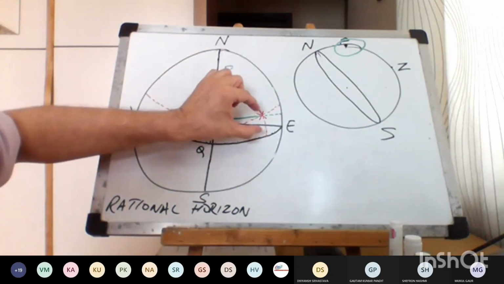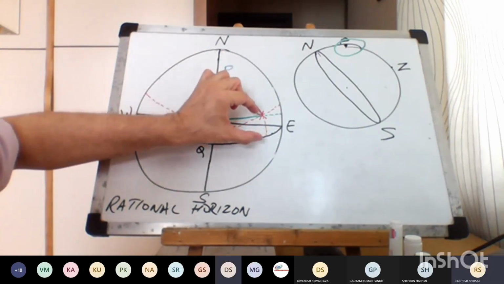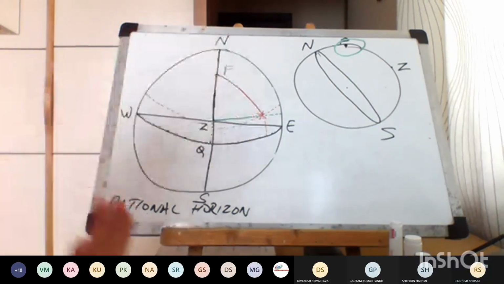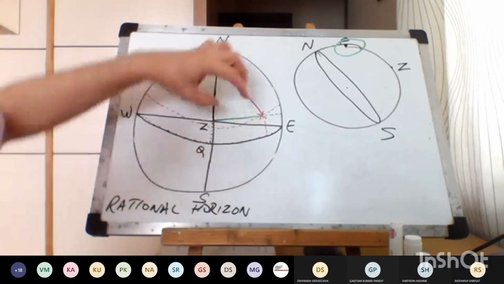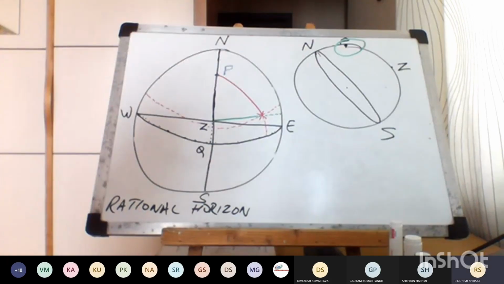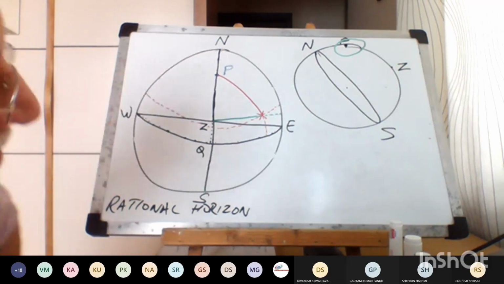मेरे को डेक्लिनेशन कहां से मिला? एल्मेनाक से मिला फॉर अ पर्टिकुलर टाइम, तो PX मिल गया मेरे को फॉर दैट टाइम। जब हम साइट लेते हैं, हम घड़ी का टाइम नोट करते हैं ना, क्रोनोमीटर से क्यों नोट करते हैं? ताकि डेक्लिनेशन ले लें, और उसी से हमने ऑल्टीट्यूड ले लिया सेक्सटेंट से, उसको 90 माइनस किया तो हमको ZX मिल गया। हमारे पास dr लैटिट्यूड है तो PZX मिल गया।